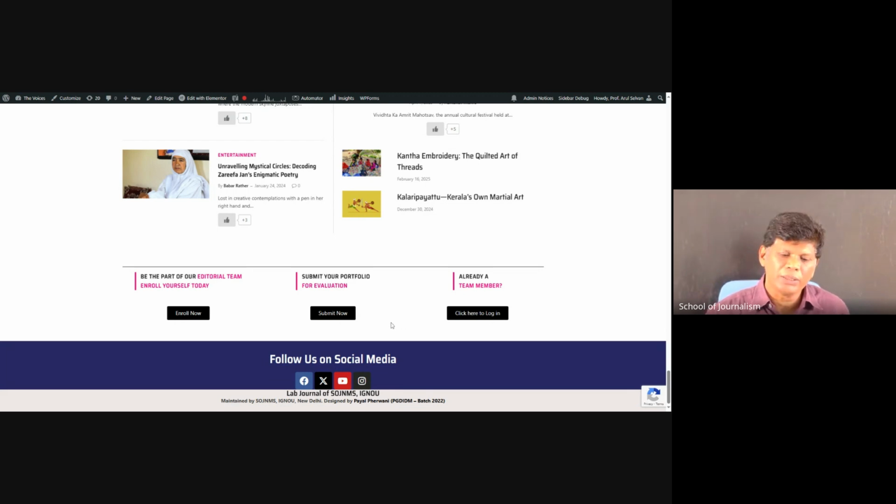Once you get the credentials, the submit portfolio part is different. Once all your work is done and you want to submit the portfolio, because you have to claim the marks, you pay the fees, 500 rupees. You have to pay the exam fees for this practical, put all the portfolio in a PDF file, submit it here, and get evaluated. Marks will be added. As of now, you have to do the Google form. Once you get the credentials, go here and log in.